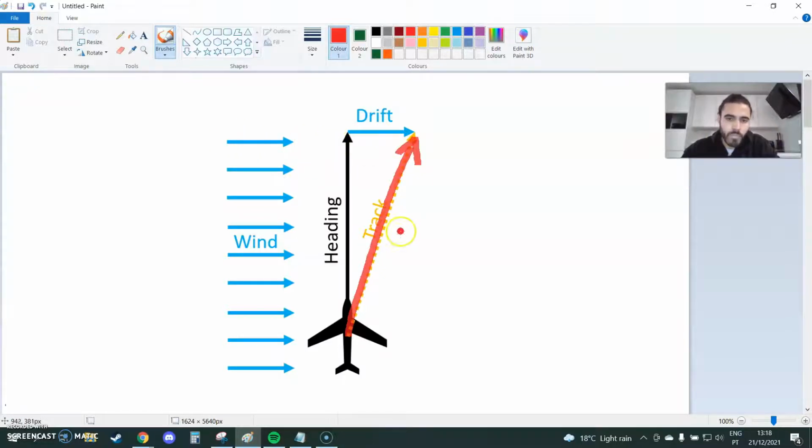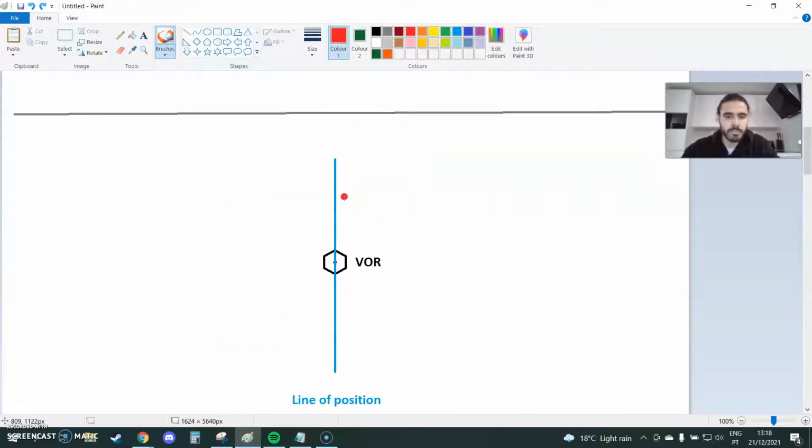This lateral deviation is called drift, and where you're actually going over the surface of the Earth is called track. All right, so with this said, let's go